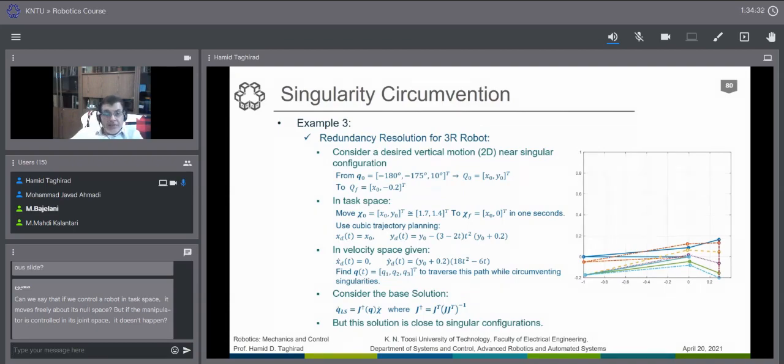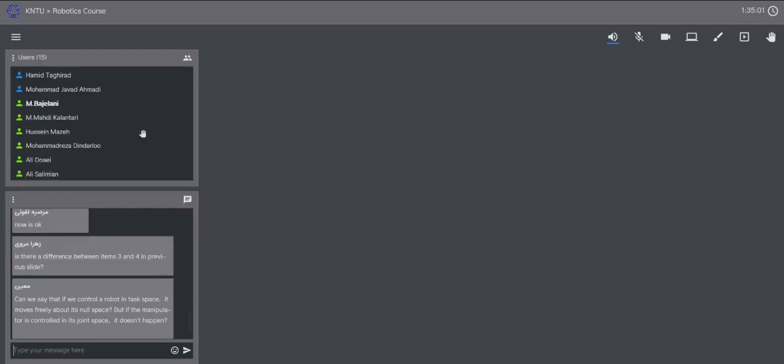Again, we will discuss it in the control part, in the beginning of the control part. But for a robot, the demand is in the X, we would like to have a trajectory traversed